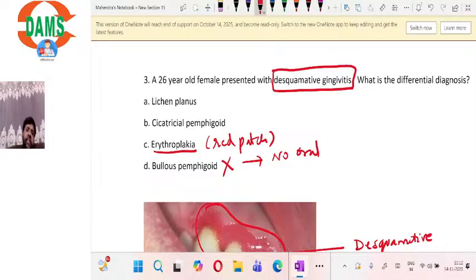Lichen planus, yes. I told you sometimes erosive lichen planus, atrophic lichen planus can present as desquamative gingivitis. It can, but when two options are there and one option is the most common one, you have to choose that option. Always remember, the most common thing should be the best option. So here,